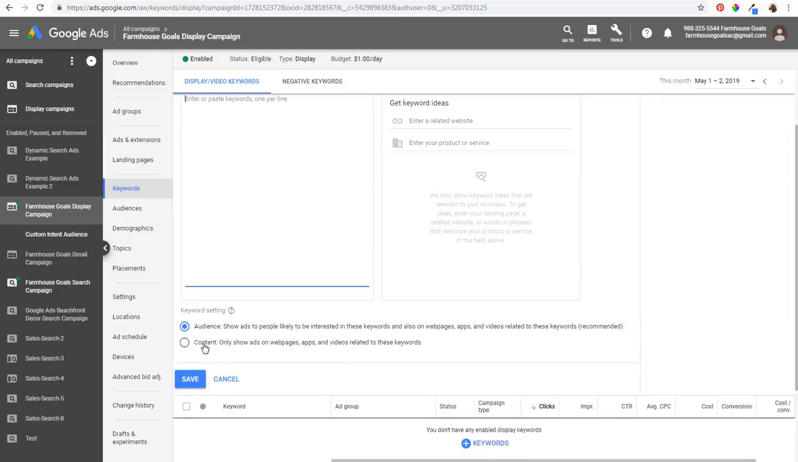So you have two different options at the keyword setting. So audience is going to say show ads to people likely interested in these keywords and also on web pages, apps, and videos related to these keywords. So that's basically going to target content and a custom intent type audience. Otherwise, you can choose just content here, and that's going to show ads on web pages, apps, and videos related